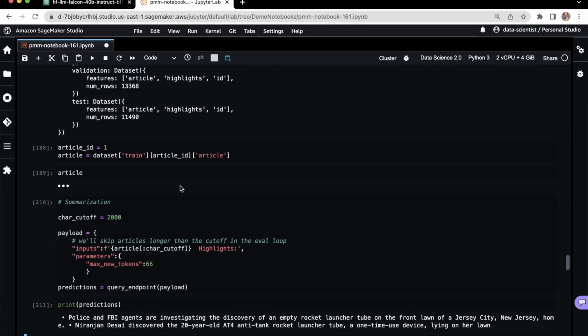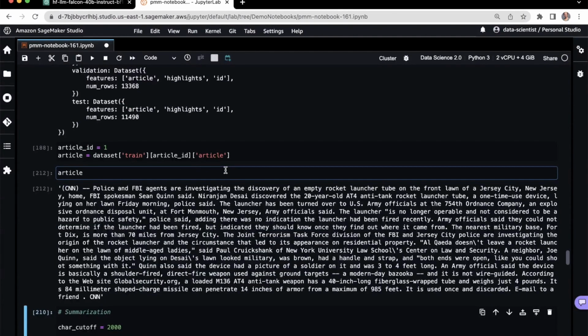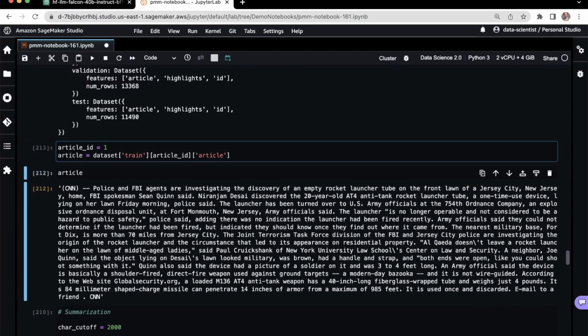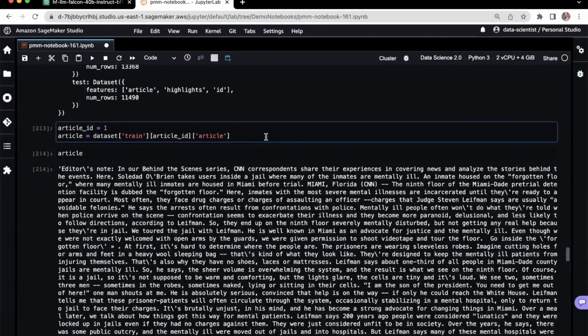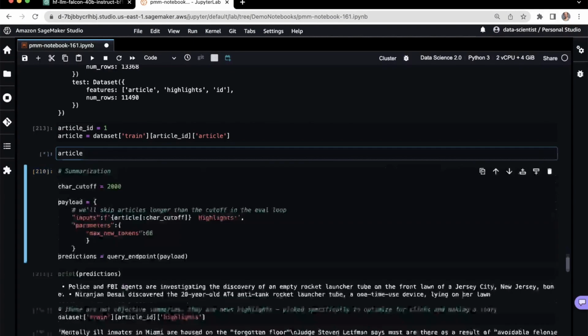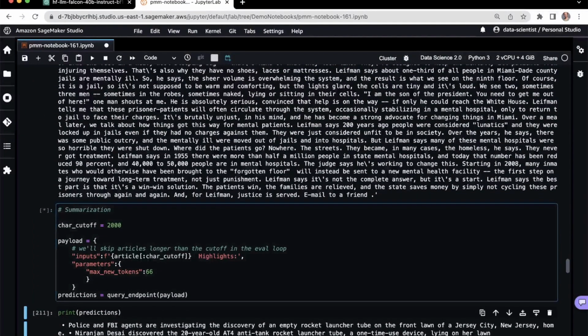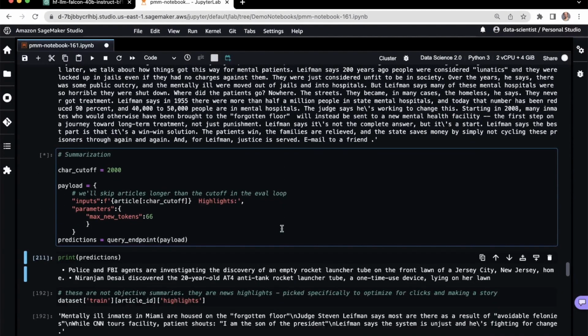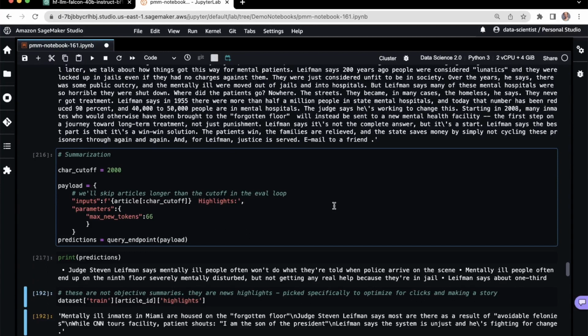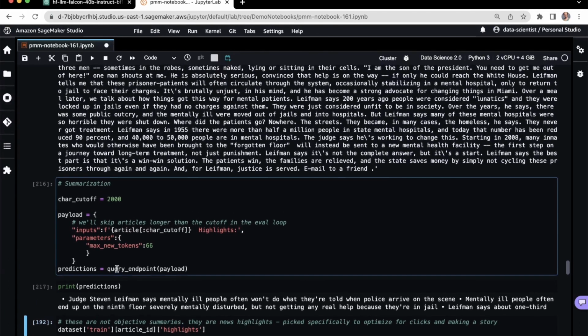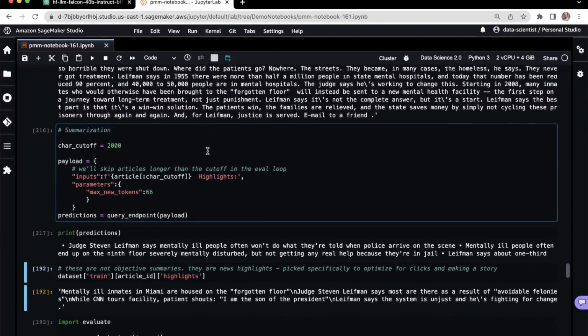Goodness gracious. Did I do this correct? Oh, great. Okay, sorry, that must have been a previous one. Okay, let me make sure I'm defining this right. So article 1, yes, okay, we're in Miami. Now let's send this up one more time here and see if we can point to the right article. That must have been from a previous. Here we go, great. Okay, so this judge, and okay. Looks like it's certainly related to this one.